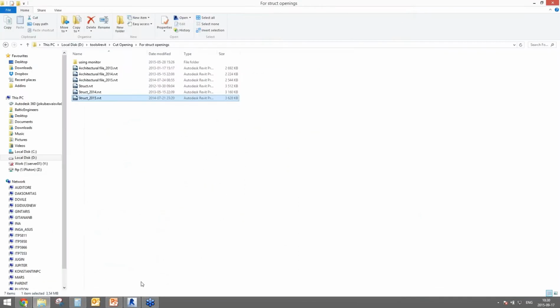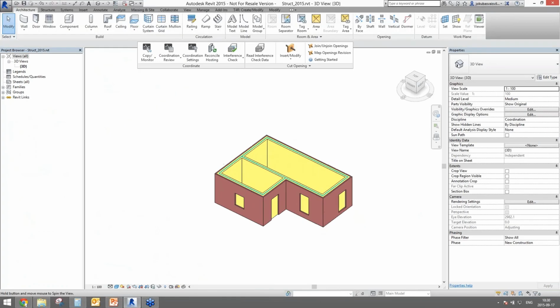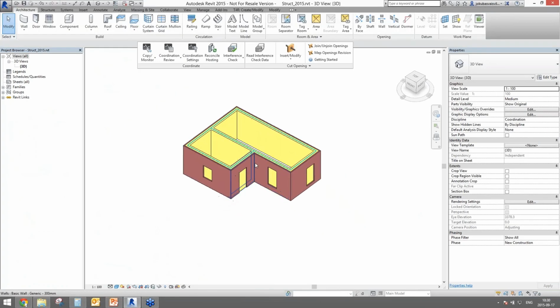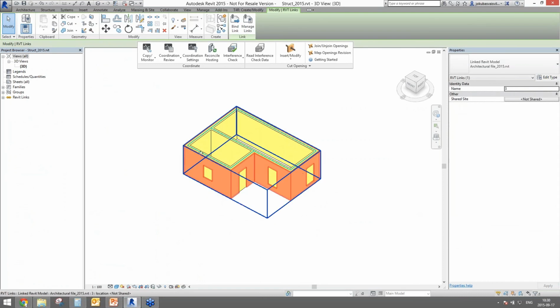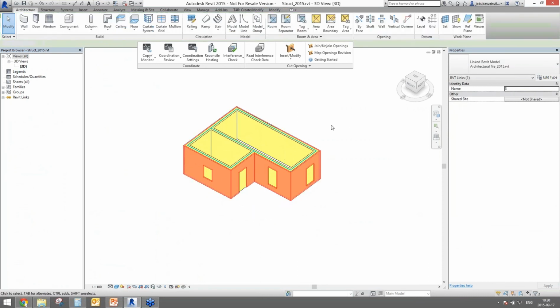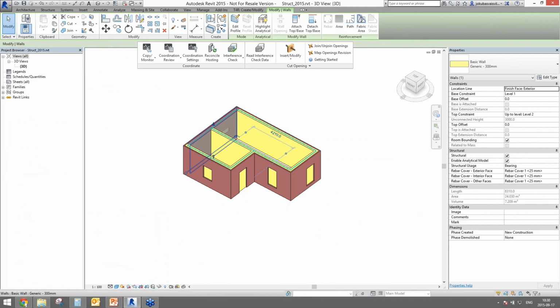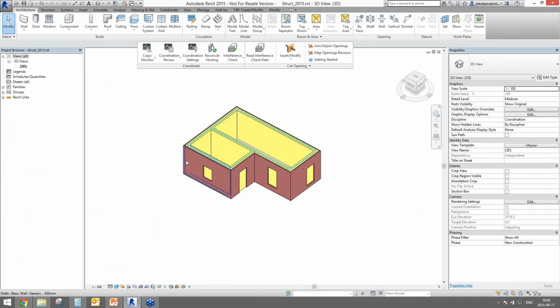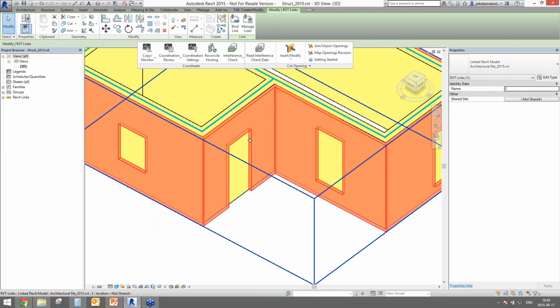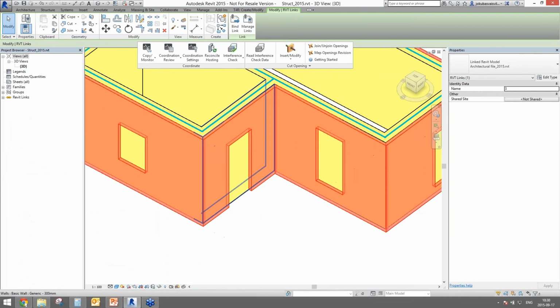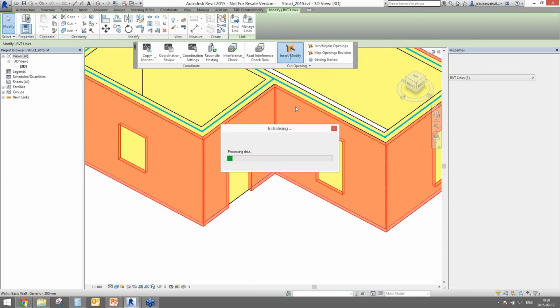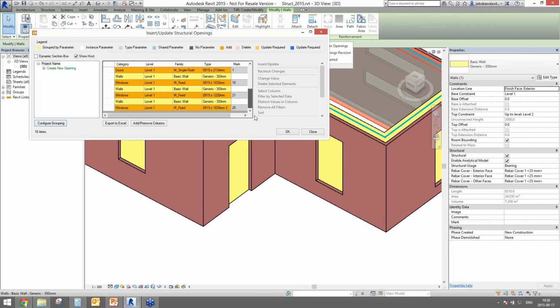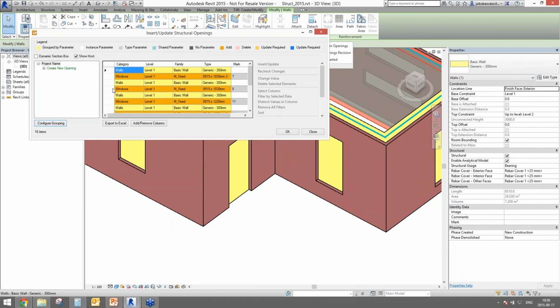Project, and as you can see, I have a simple little building, and I have linked the architectural model, and I have the real structural elements. So what Cut Opening can do, it can insert the openings for windows and for doors where it will find those openings in the architectural model. So I'm going to insert structural openings, and it is looking for these places where it needs to add the